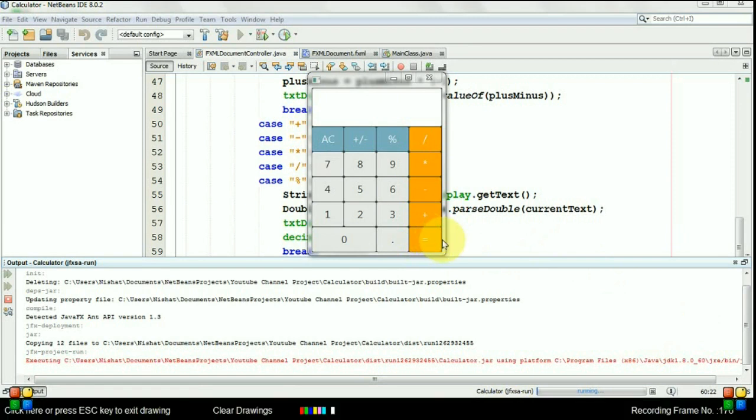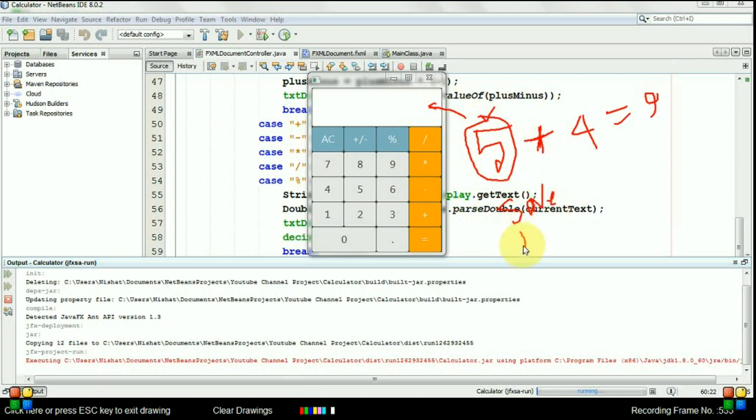Let's start. You know that 5 plus 4 is equal 9. Whenever we press the first number, it shows up on the screen, and when we press an operator, the screen is cleared and this number is set to the first variable, and again we can enter another number.